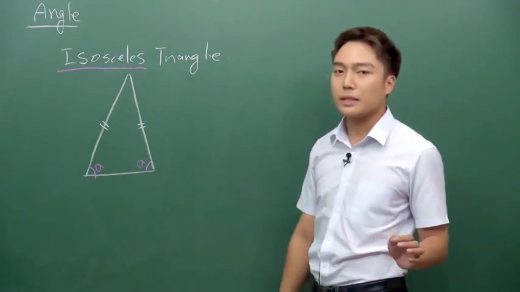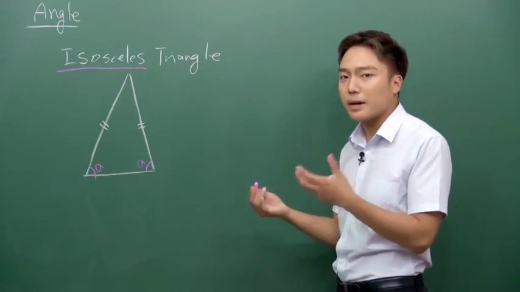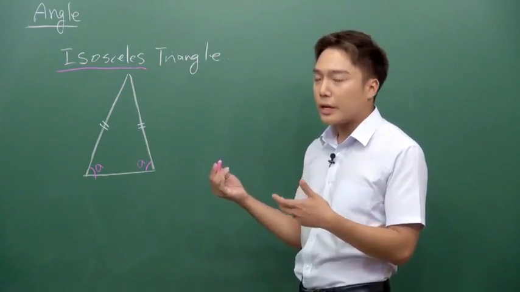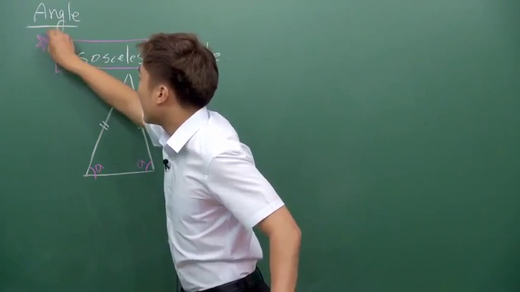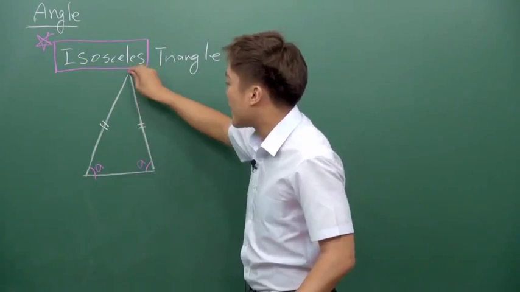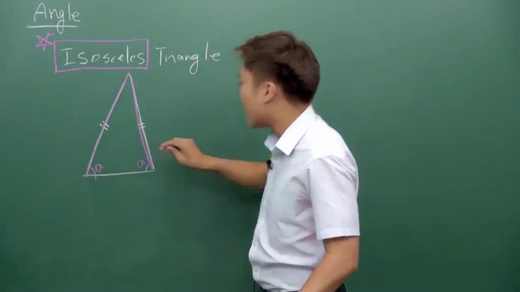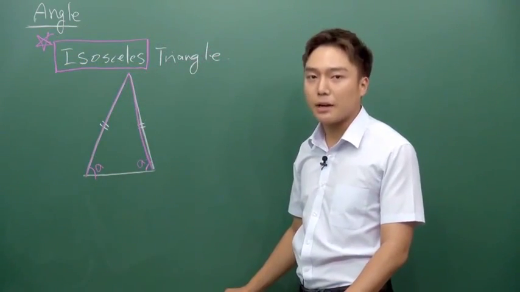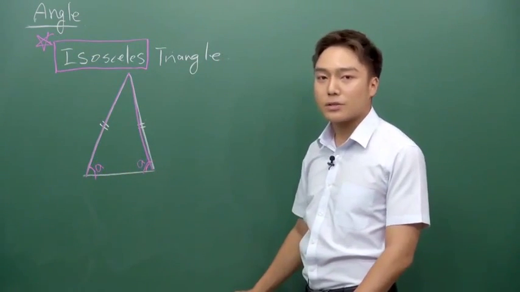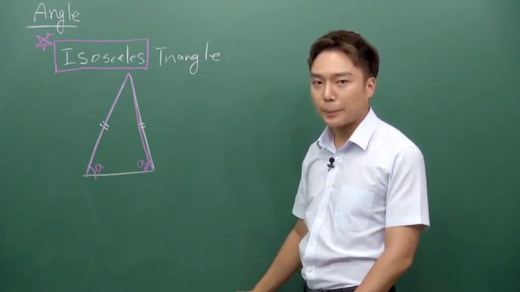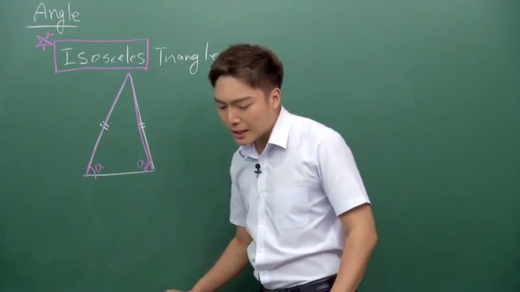Okay? Now that's going to come up a lot in the SAT math section, the geometry section. So it's very important to remember just this name and what it implies, which is that two lines of a triangle are the same length. And then the bottom two angles are the same as well. Okay? All right. The next